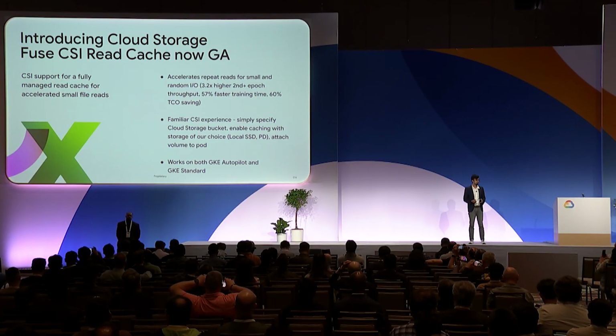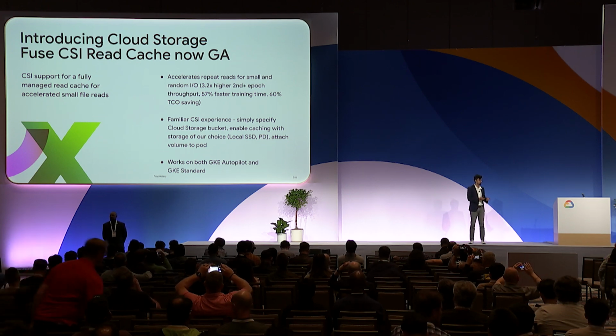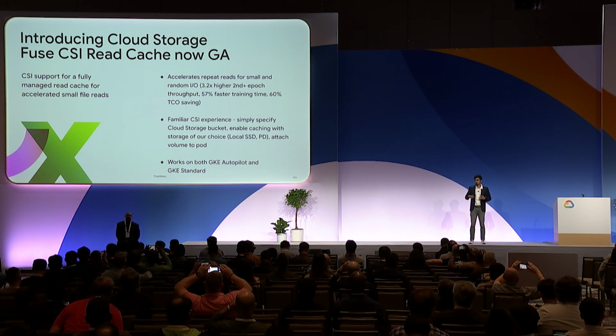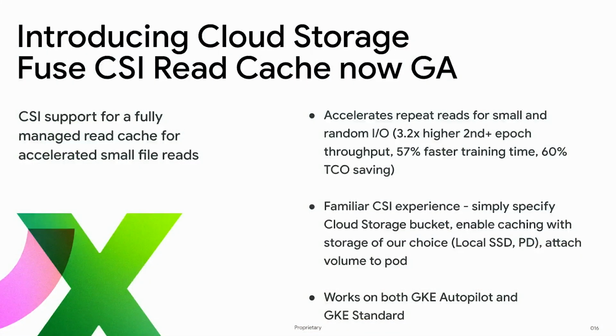So your data stays in the same familiar place, which is GCS. You have portable file semantics that is very familiar to the Python developer. You just have to change your file path to access your data. And now your data is cached on your local storage. So what this means is if you're accessing data over and over again, you essentially have up to 3x higher throughput for your second epoch onwards, because after the first round trip, we cache the data locally.